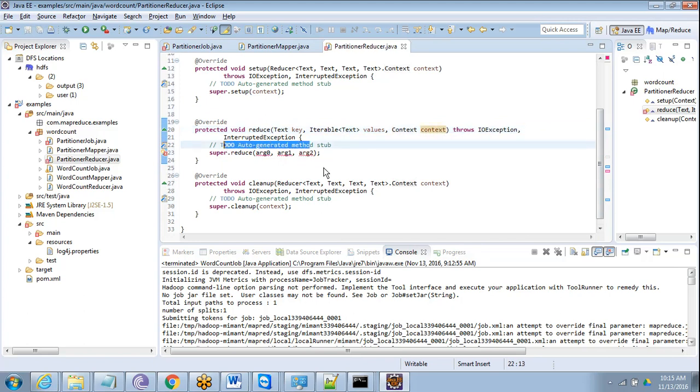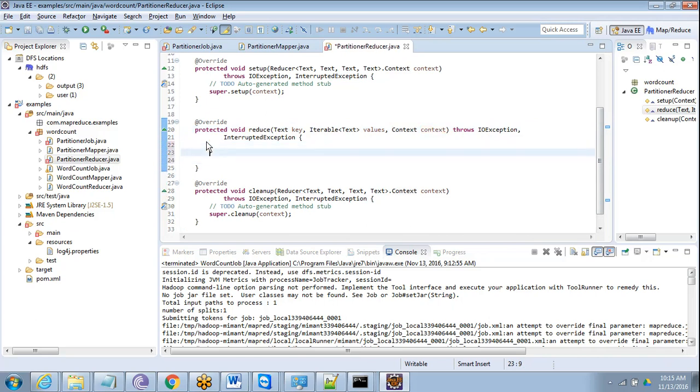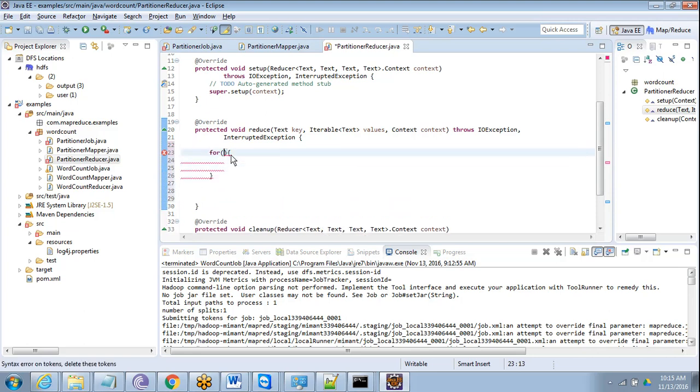You know what we are going to do with that? We just need to iterate the list of values and generate key and the values as such. So for what type of values it is? It is text type of values. So just write Text type A and values,